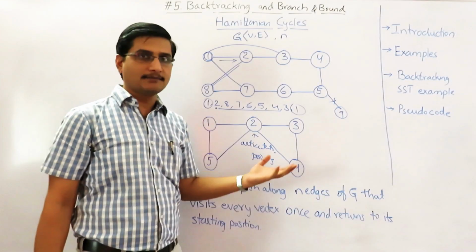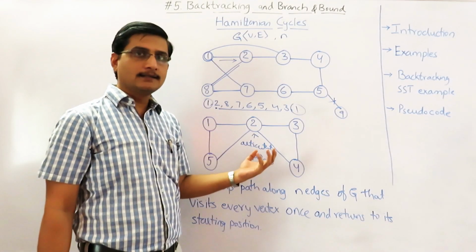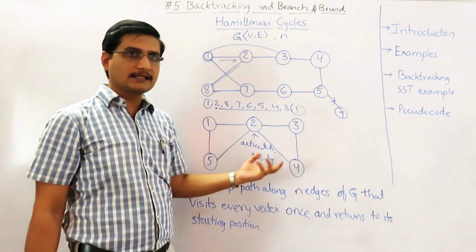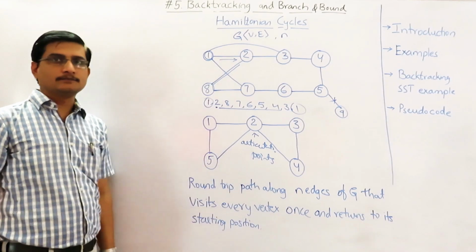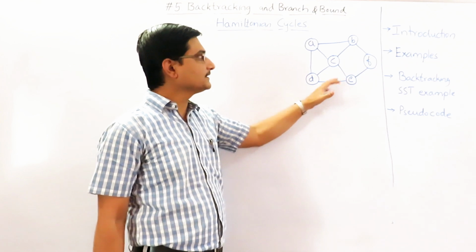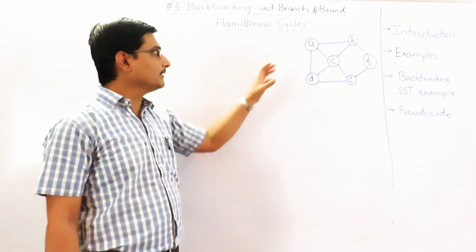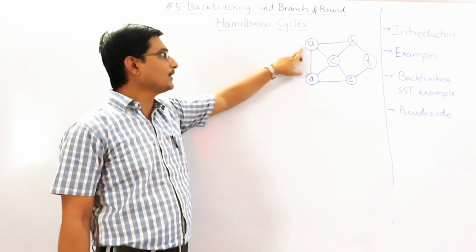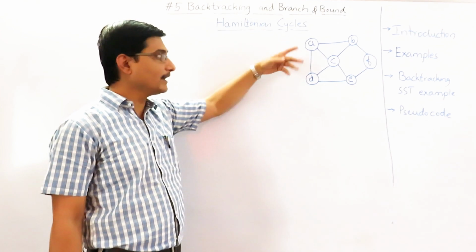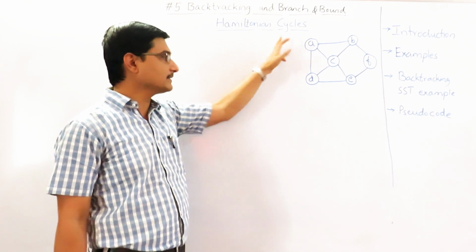So we need to apply some method, and we are applying the backtracking method to get the Hamiltonian cycle. We will go for the backtracking method, then we will discuss one example. So let us consider this example. In this graph, there are 6 vertices A, B, C, D, E, and F. So there are some edges. We are considering the starting point as A. We should not consider multiple starting points if we are finding different paths. We should stick to only one, because that is what we have seen in the previous example.